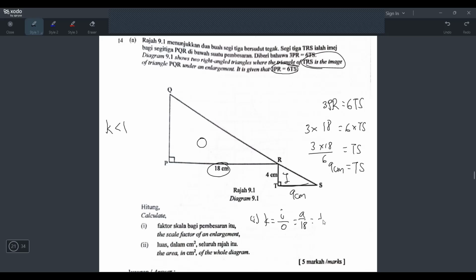9 divide 18. Why? Because image divided by object. Okay? You don't take 18 divide 9. So 9 divide 18, which is 1 over 2. So what is your scale factor? 1 over 2. Okay? So do you remember in the beginning I said, if your image is getting smaller, your